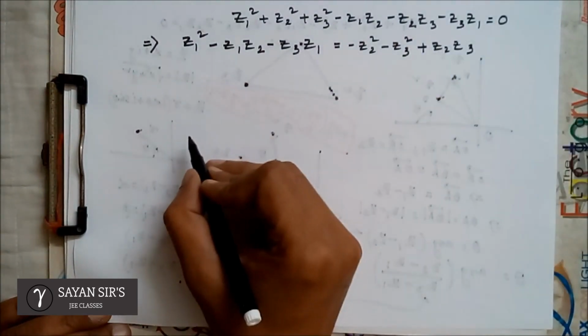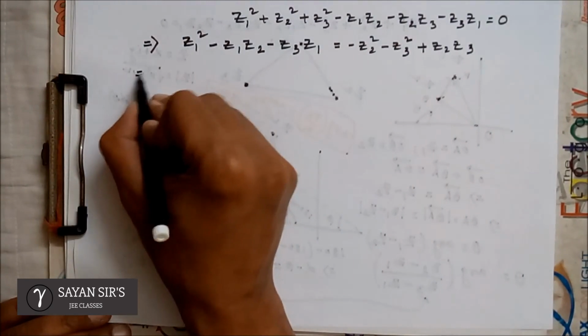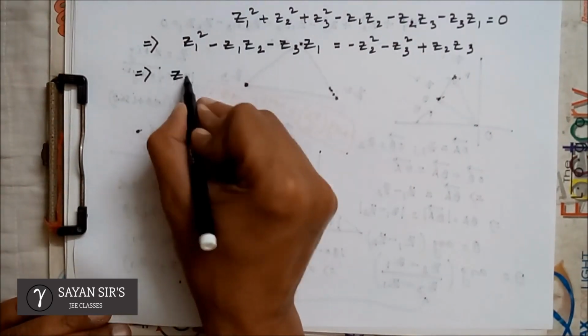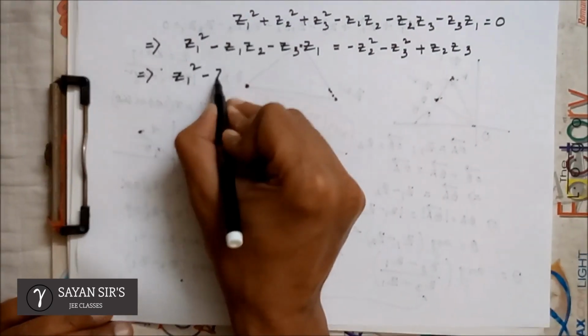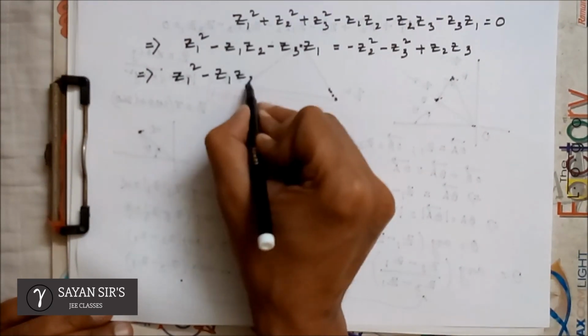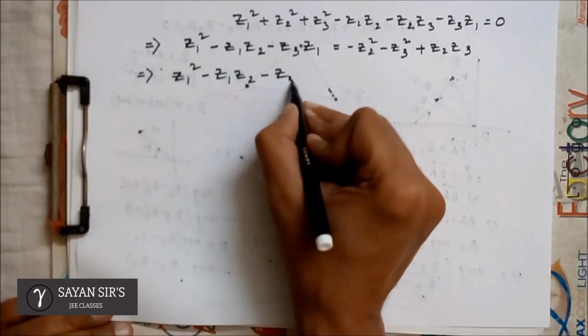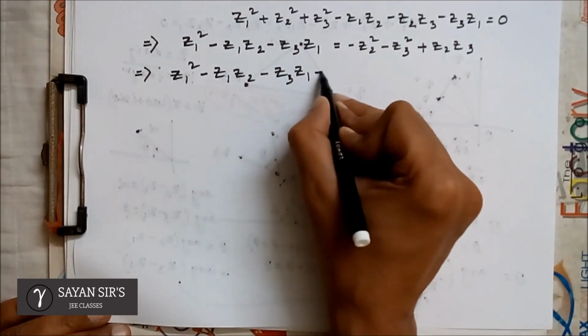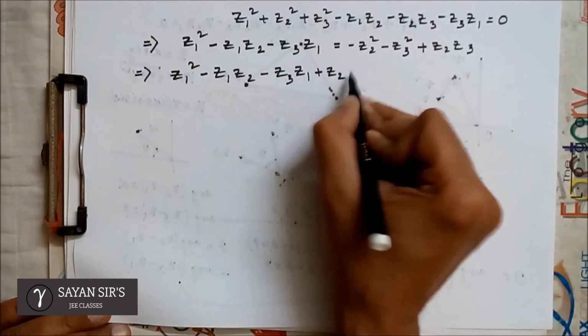I'll add z2 z3 to both sides, which will give me z1 squared minus z1 z2 minus z3 z1 plus z2 z3,